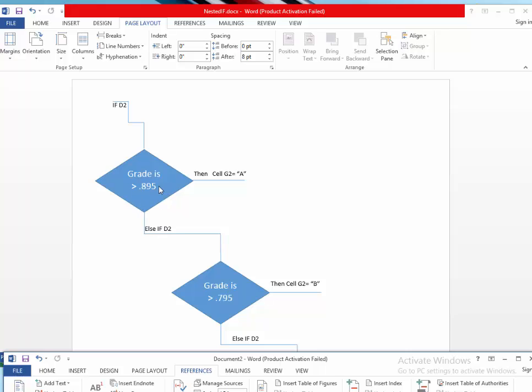So if this is true, we're going to display an A. If it's false, we're going to do another if statement. And so if it's false, we're going to test to see if this is true. And if this is true, we're going to display a B. But if it's not true, we're going to come down here